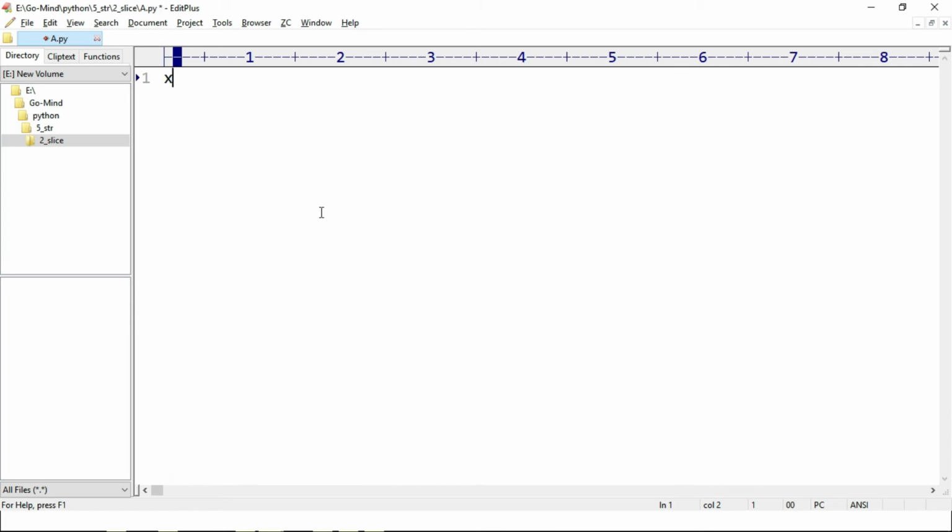A.py, suppose we have this string and we will print a specific index. For example, we will print x of 3. Okay,